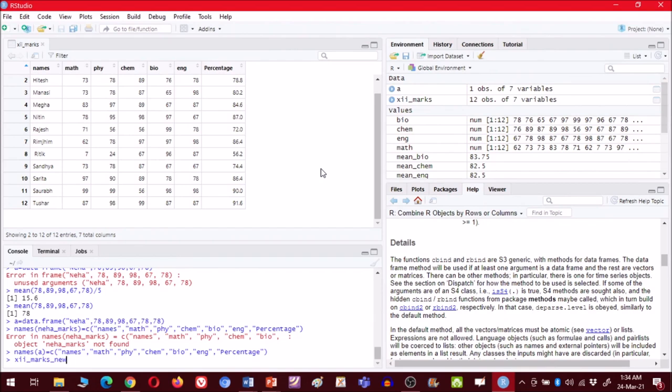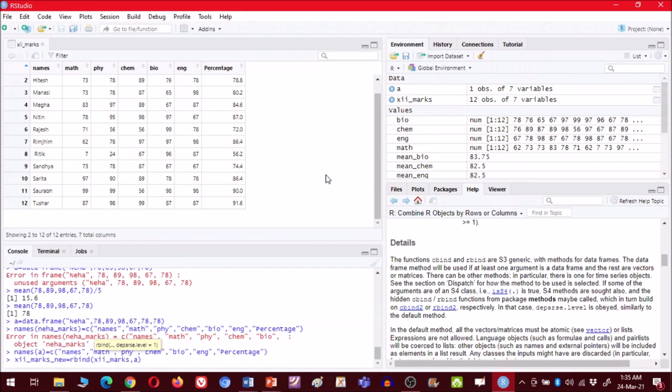You can write any name of the file you wish to have, so this is fine. Now equal to, now use the formula rbind. First it should be the old file because this is the order we want. So first should be the old file, 12th marks, and then the new file, which is A.